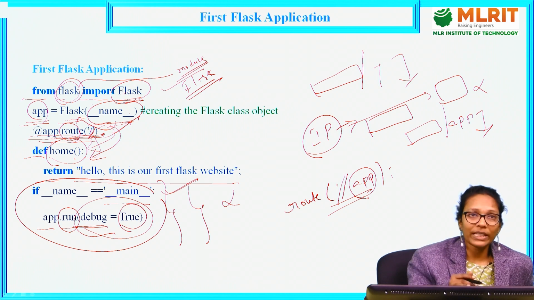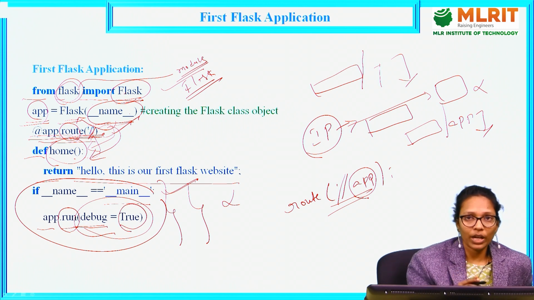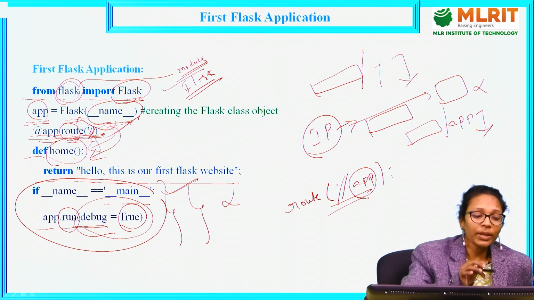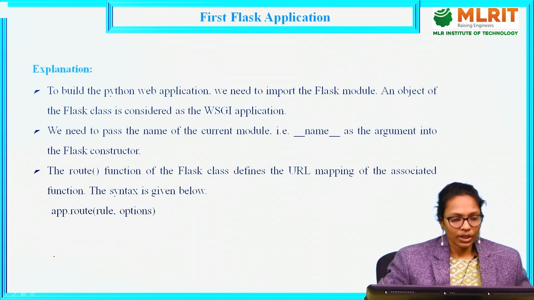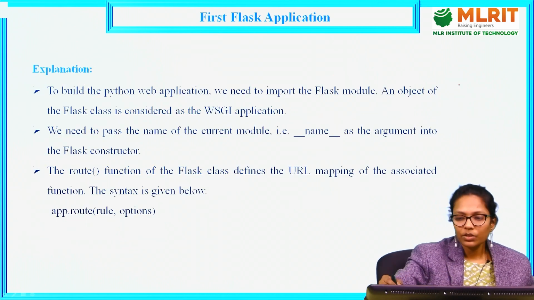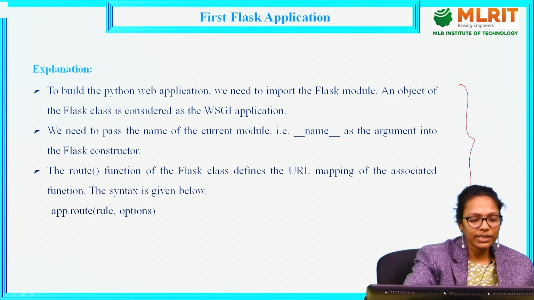But if you have only a single application, a single program, then you can ignore these two statements. Otherwise, you can keep this. So coming to the explanation, we discussed all those things, but coming to the syntax of the route method,